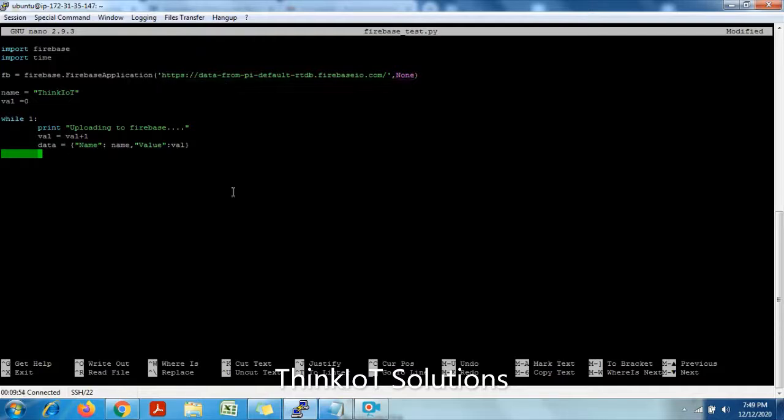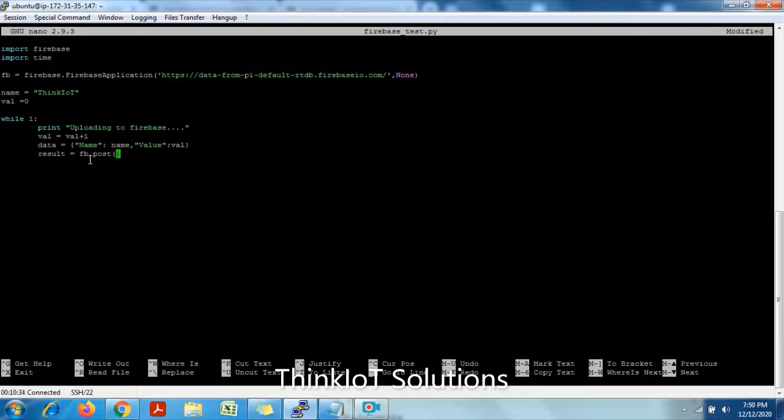So how do we do it? As I said, we will be using HTTP request methods, and we have different request methods, right? Get method, post method, patch, delete, right? But to upload information to any web server, we will be using the post method, post the data to a server. So I will take a variable called result equals fb dot post, using this particular application link. Okay, fb dot post, and in this we need to pass two fields.